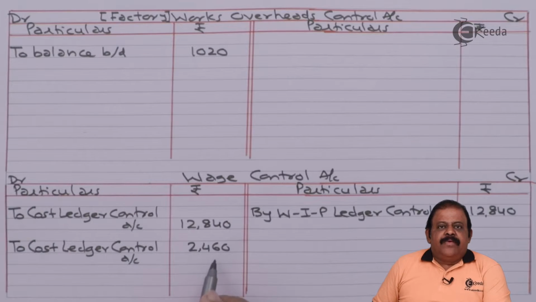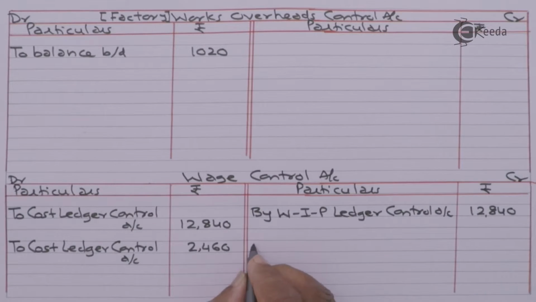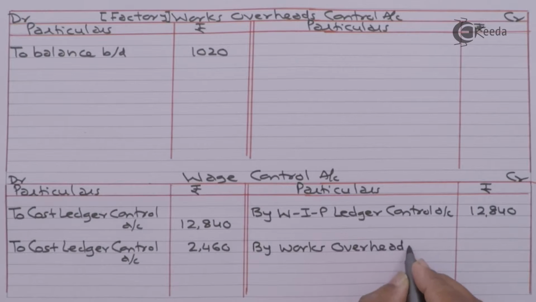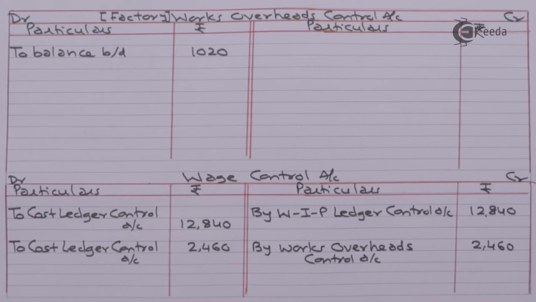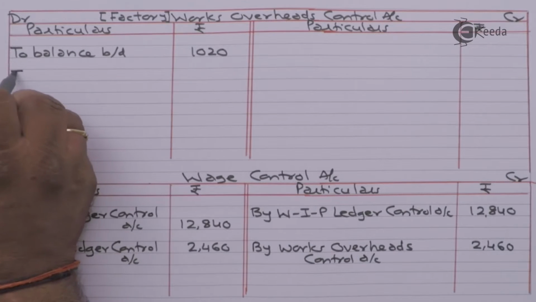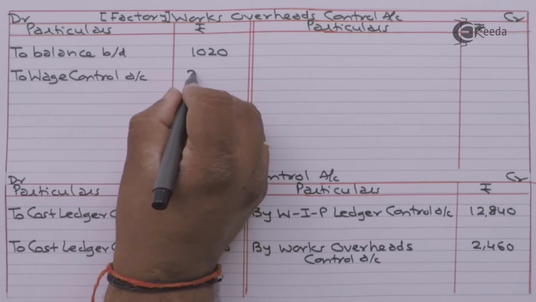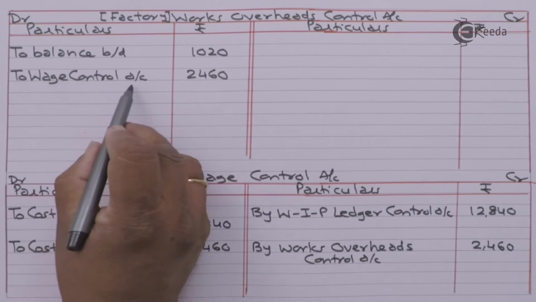This amount should be treated as indirect labor. Therefore, it will be transferred to factory overheads control account. This will be then debited to factory overheads or works overheads control account, to wage control account